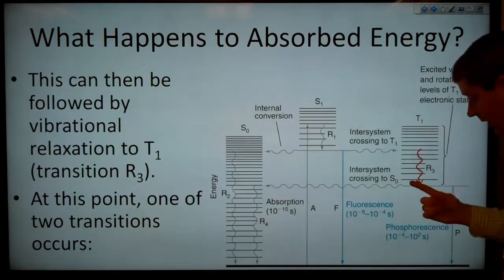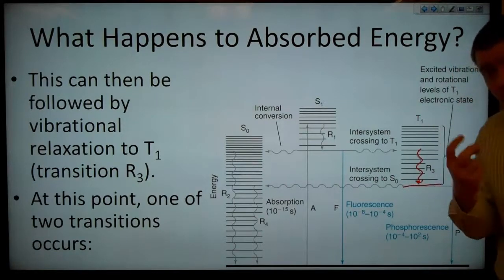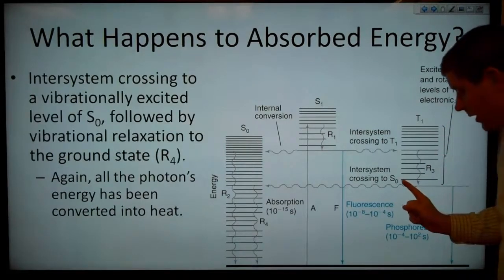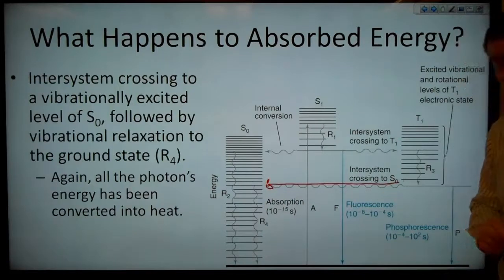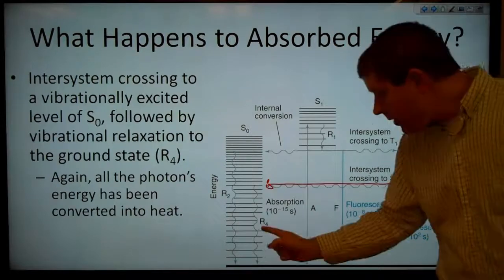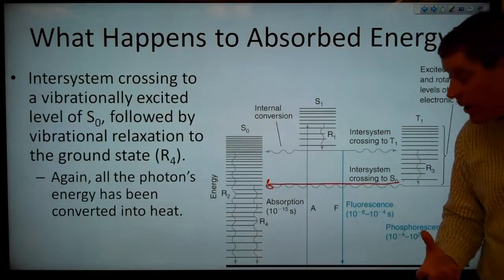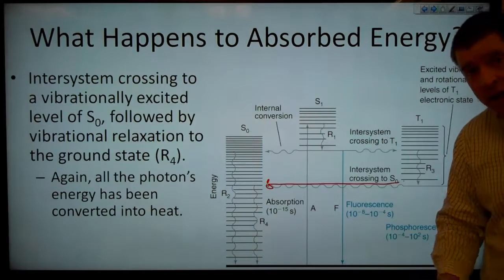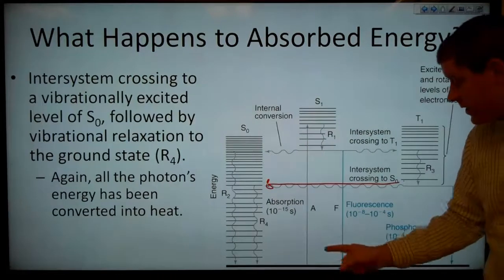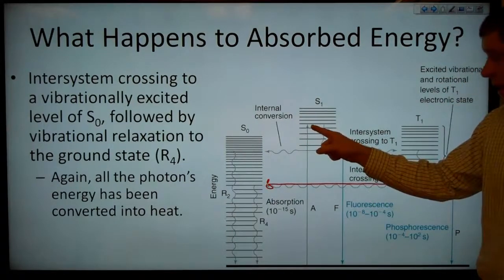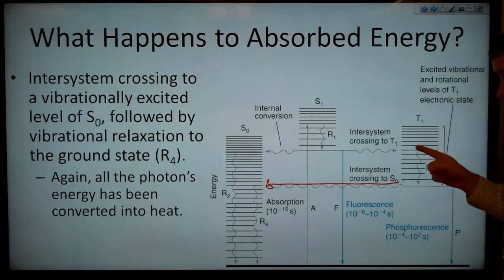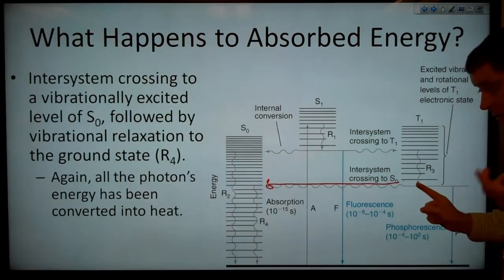And then, now that our molecule is at this point, we can have one of two things occur. Either an intersystem crossing can go back to our electronic ground state, but a highly excited vibrational state within that. That will then be followed by R4, the vibrational relaxation of that molecule back down to the ground state. And again, in this case, we've had some absorption of the photon, relaxation so that energy goes out into the bulk as heat,